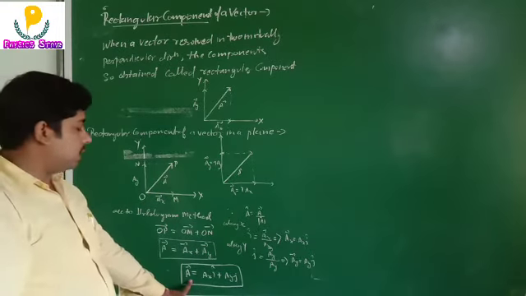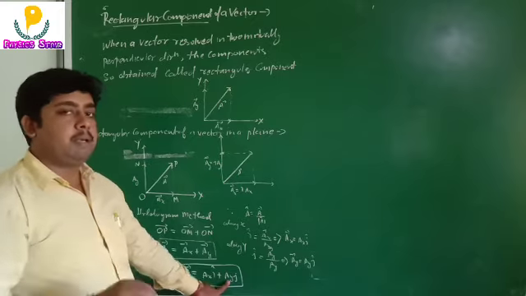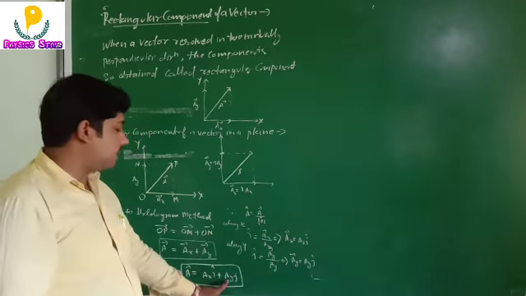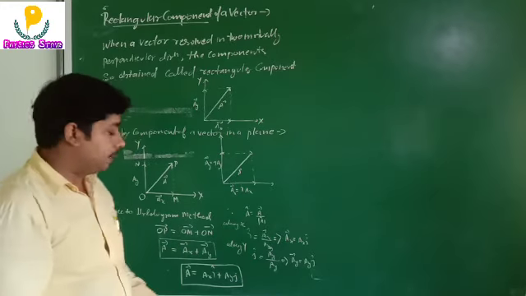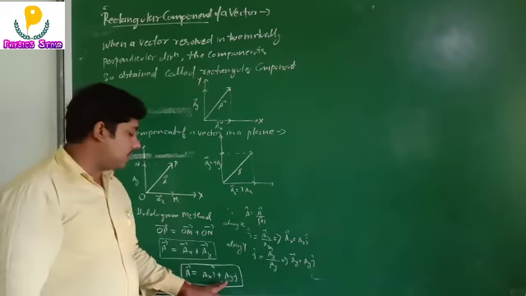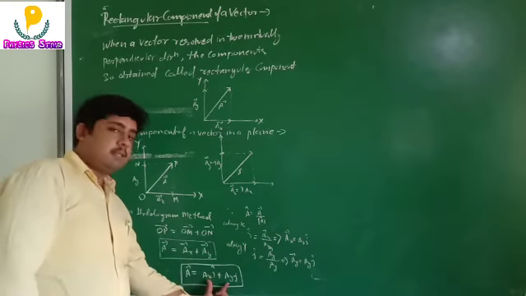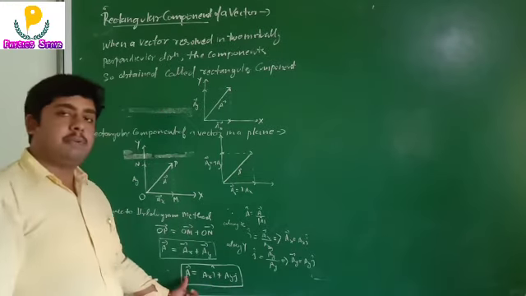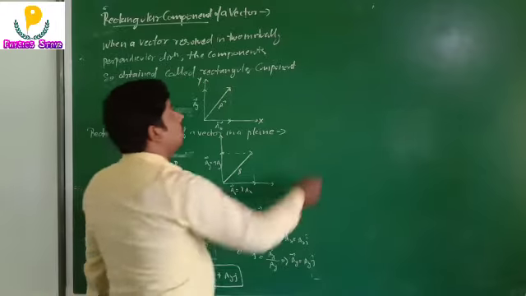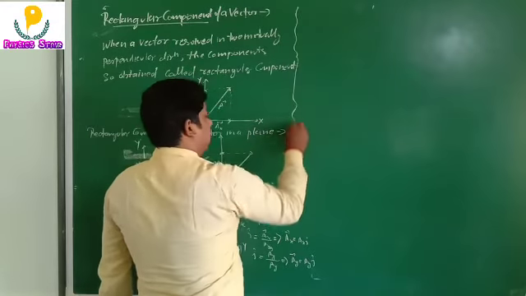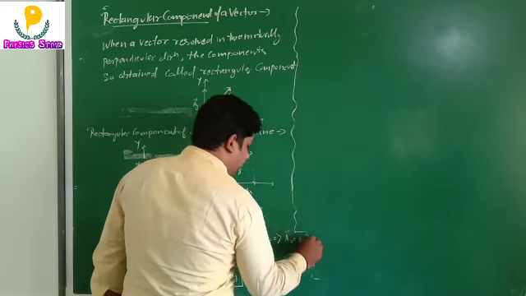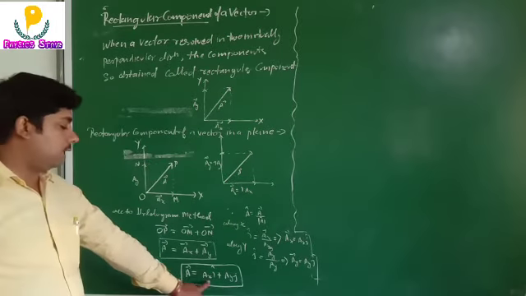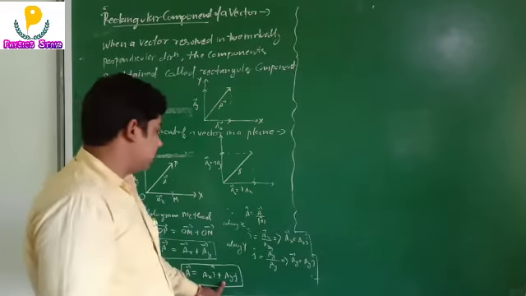Okay, we can resolve the vector a into its components, and when we take the three-dimensional coordinate system, we can write a = axi + ayj + azk. So a = axi + ayj. These are the components of the vector along the x axis and along the y axis, and this is the vector a. Now let us calculate the magnitude of the vector a, which is resolved along the x axis and along the y axis.